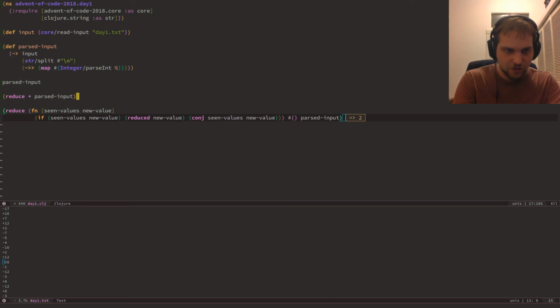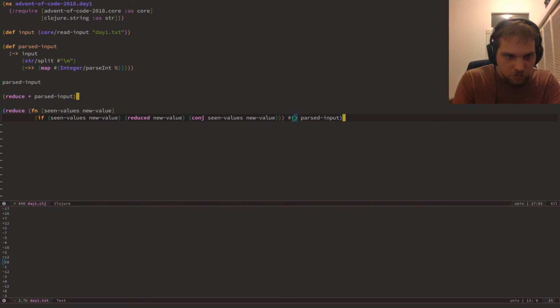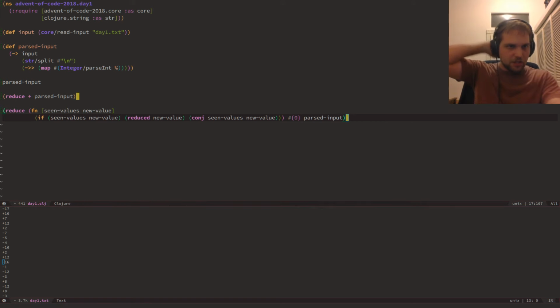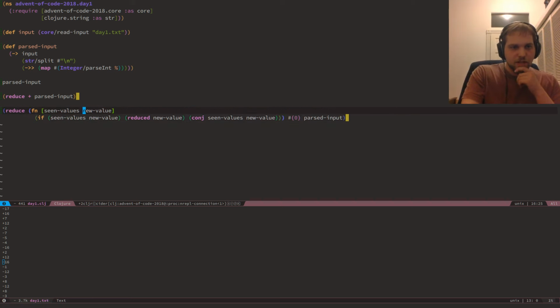Let's validate that. Nope, not right. Incorrecto. You know what? Is the starting 0... Yeah, the starting frequency is 0, so I might be seeing 0 first, actually. Nope, still seeing 2. So this isn't working as intended. Ah, I see why. I'm just gathering all the values. I'm not adding them or anything. Oh boy. Yeah, I screwed that up.